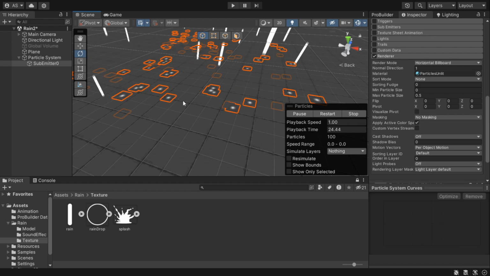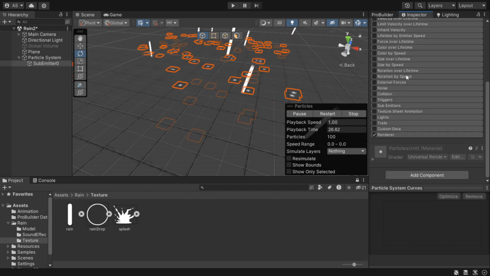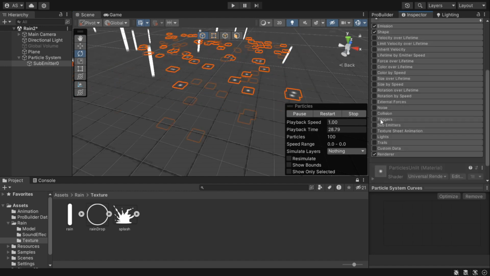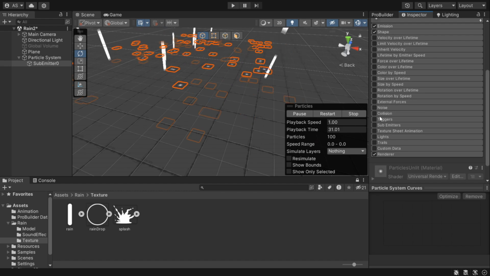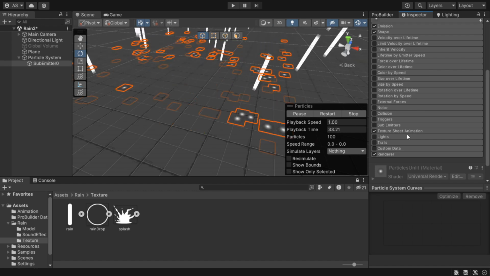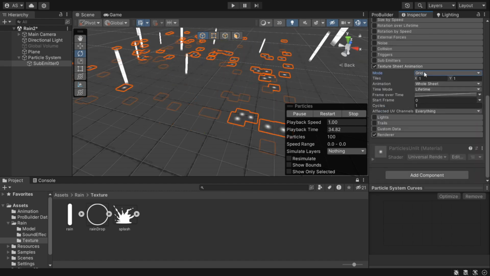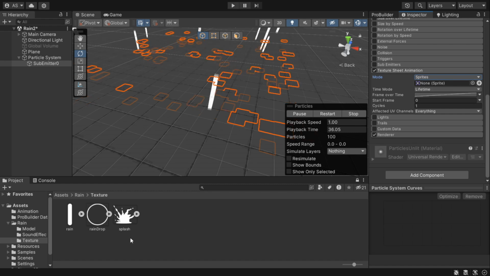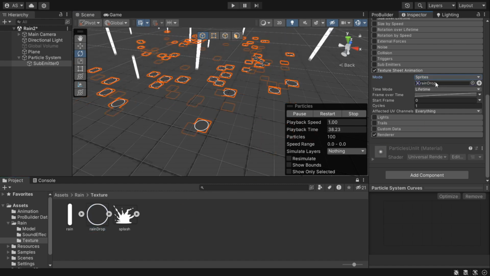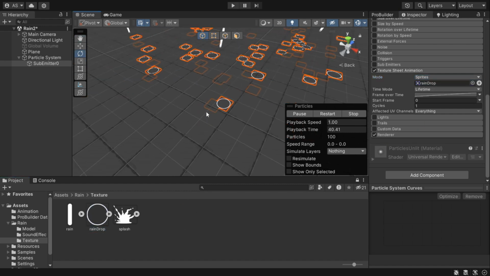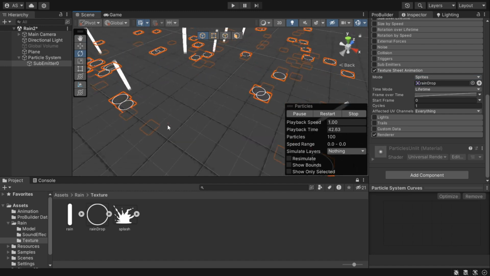So now we are getting there. Let's just assign a texture to this. Let's select the texture sheet animation and then change this from grid to sprite. So I'm going to assign the raindrop to it. And now we have this. So when our rain drops on the ground, we have this